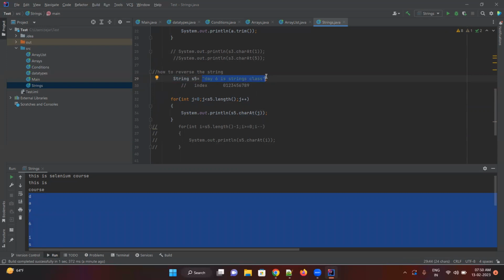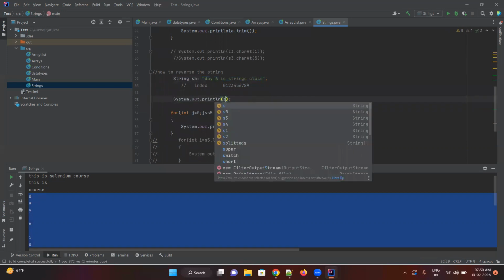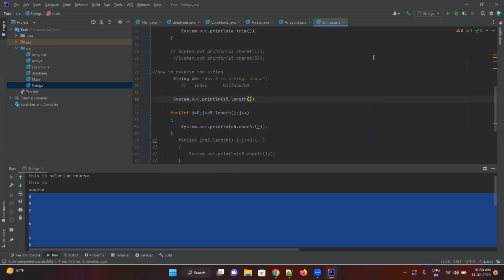But now my requirement is I want to reverse the string. Reverse string means nothing but I want to start from the last position to the first position. So first, how to get the last position? I need to go to the last position, right? The last position is nothing but the length, no? So let's print the length first. System.out.println(s5.length());